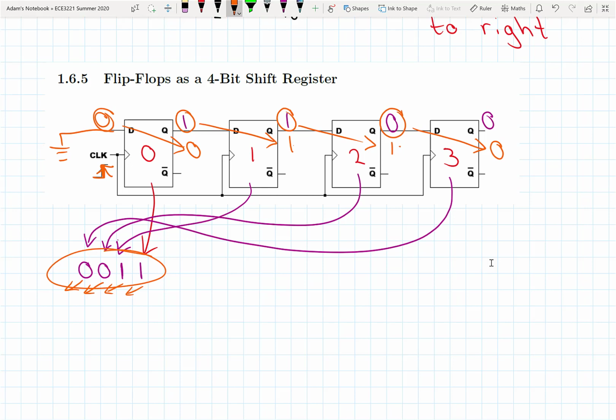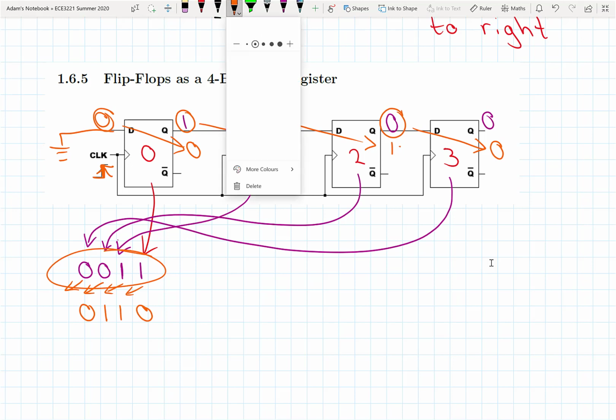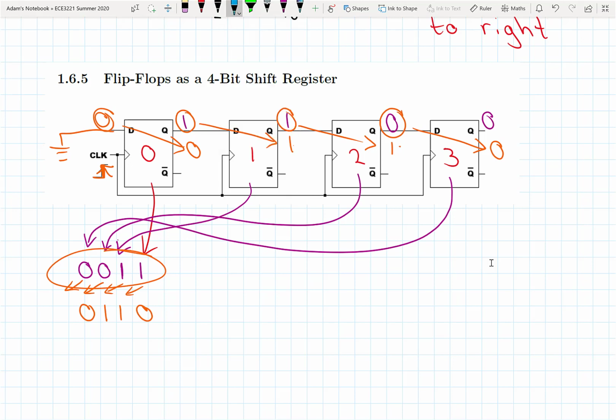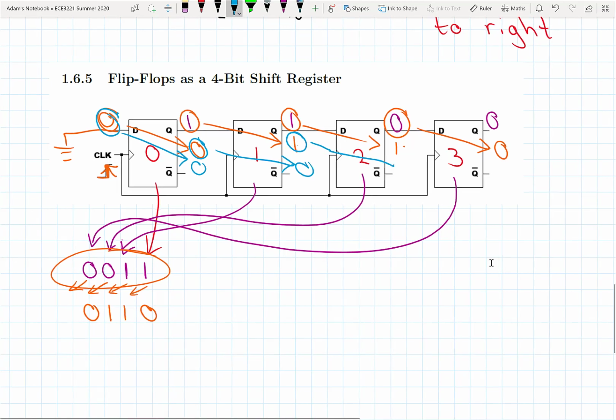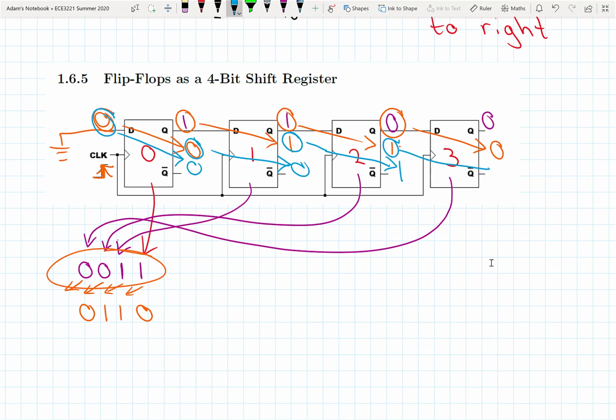Okay, so my 4 bits now have been shifted one spot to the left, so my value becomes 0, 1, 1, 0. And just like the last time, I could shift these one spot to the left again. So shift in a value of 0 again here, shift this one over, shift this value over, shift this value over, and now I have a value. Again, each of these values got shifted one spot to the left, so I have a value of 1, 1, 0,